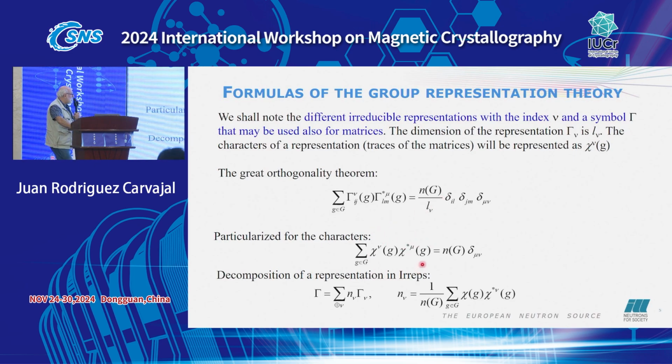You have that for the characters, and then that allows you to calculate the number of times the representation gamma nu is contained in a bigger representation. You just have to apply this particular formula, and you calculate the number of times a particular representation is in a bigger one. These are, in summary, in 3 transparencies, what you have to know about general